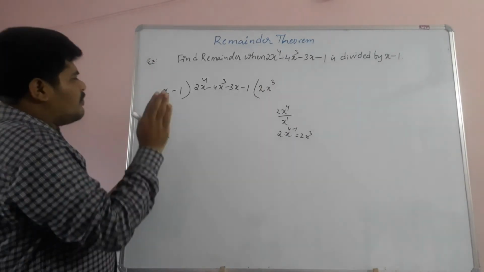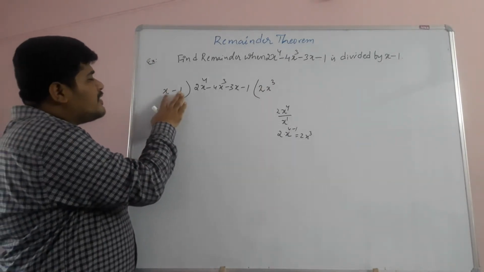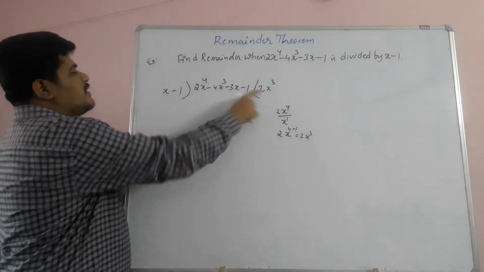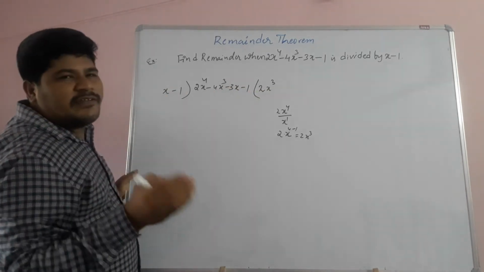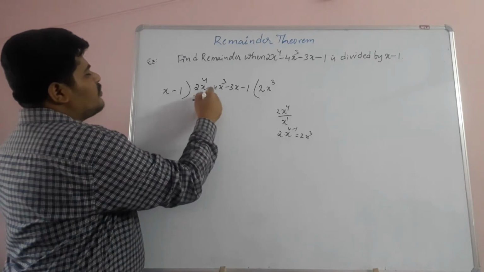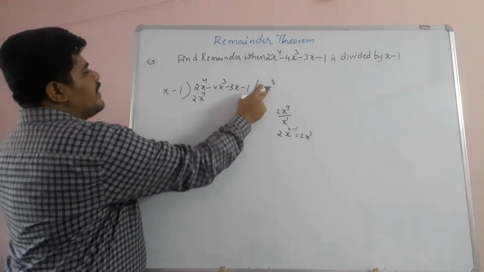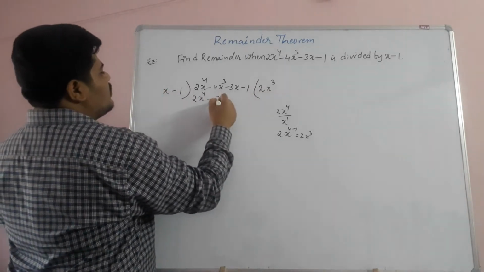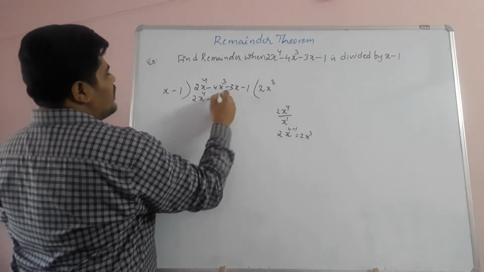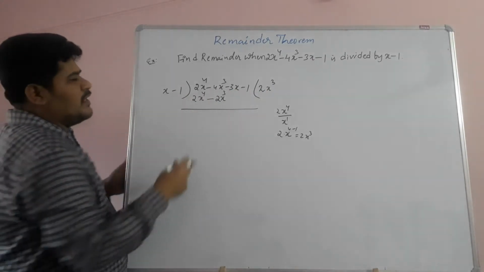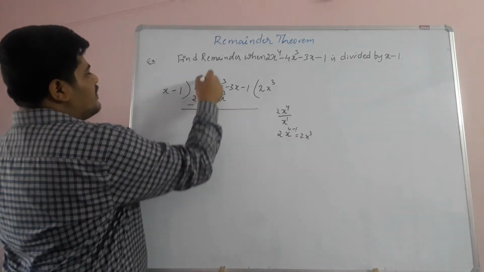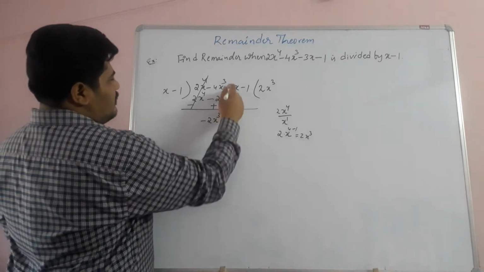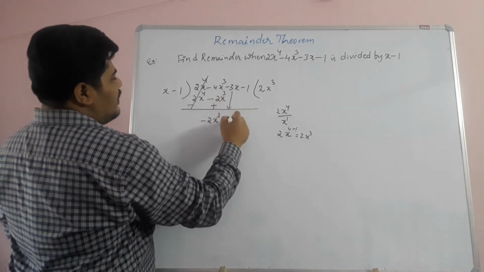Okay. So now all terms of the divisor must be multiplied with the quotient. So see, first term, x into 2x cube. So what is x into 2x cube? That is 2x power 4. Now minus 1 into 2x cube. So what is here? Minus 1 into plus 2 is minus 2, and x cube, minus 2x cube. And children, for subtraction, here this plus becomes minus and this minus becomes plus. It's cancelled. Now what is left? Minus 2x cube, and as it is we have to take down minus 3x and minus 1.